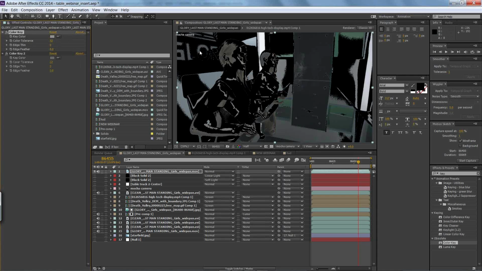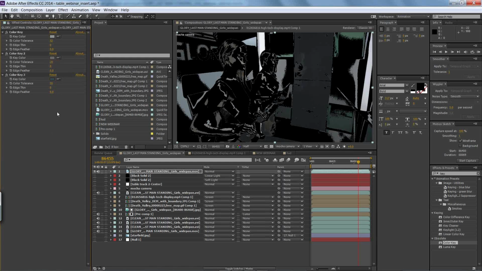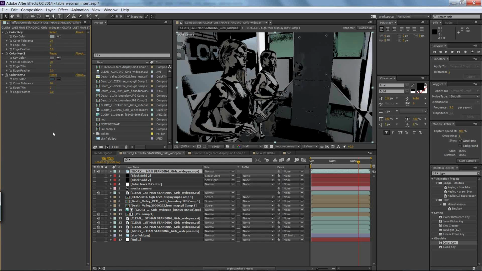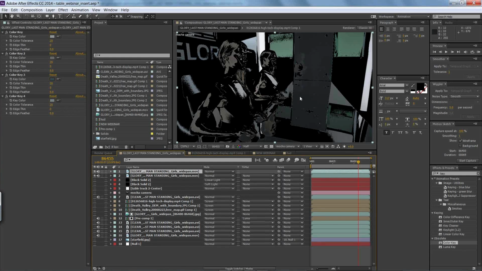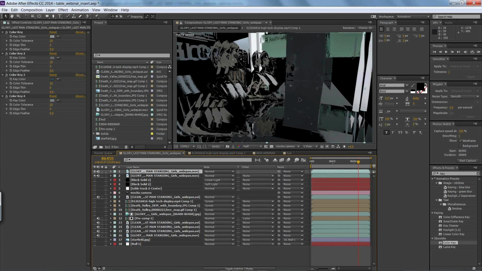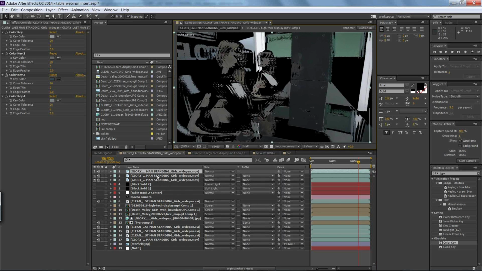From here what I do is I try to fill this in using its own information. So I'm going to pull some of that. We need to bring this down to about 20, I think, because these are all pulling too much. Okay, and let's do this again one more time. From here I try to offset them. So I duplicate this, and like when I say this is quick and dirty, I mean it's quick and dirty. So we nudge this over, and we do it again, duplicate it,